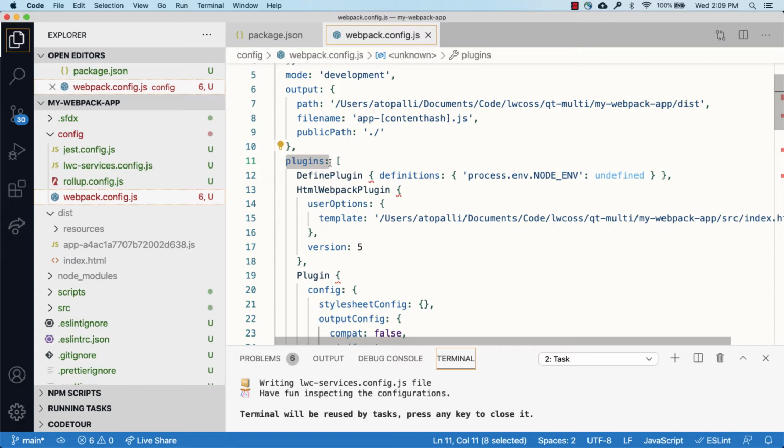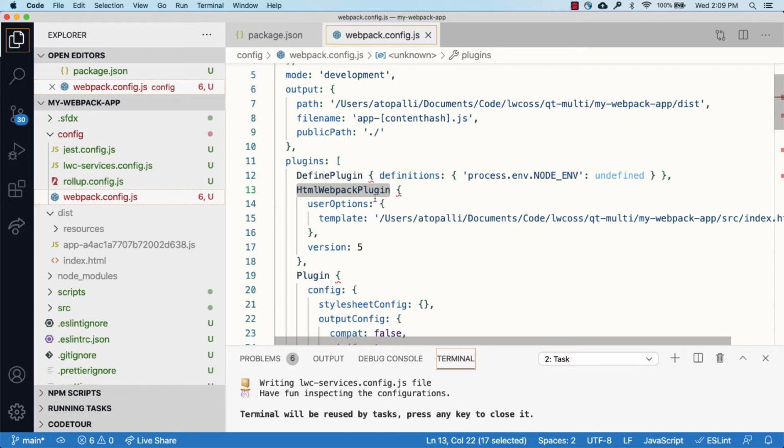Plugins are the backbone of Webpack because they allow you to configure and customize the build process. The first plugin I want to call your attention to is the HTML Webpack plugin, which is used to generate the HTML files to serve the Webpack bundles. To put it in a very simple way, the final bundles that are created by Webpack are added as scripts to the HTML file. Now in the distribution folder, you've already seen that there was one index.html file inside which the app.js bundle automatically got added. Now all of that is configured using this HTML Webpack plugin.